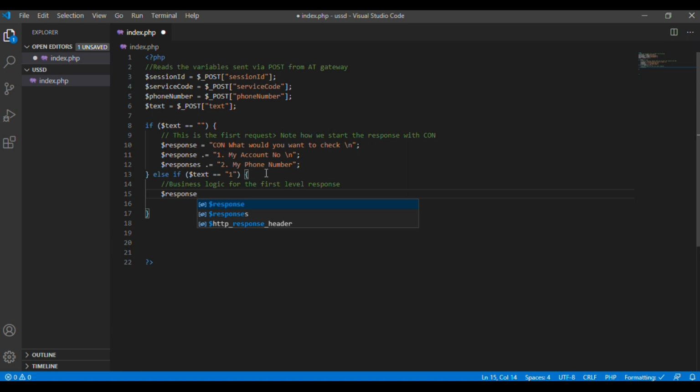Here we do the business logic for the first level response, and in this case the first one is the question and it's the first option. So "Choose account information you want to view" is the question that you're going to ask the user through a dialog that appears on their screen. When the user gives us feedback on whether they want to access their account or phone number, the gateway will either receive a 1 or 2, and this 1 or 2 is sent